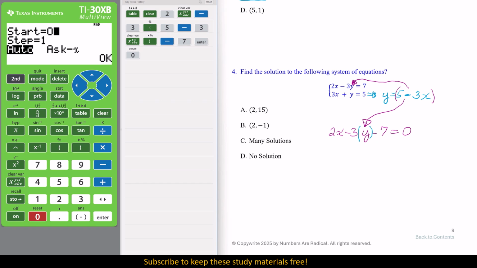Now, we also need to be aware of our options. We have whole numbers, or rather integers, and then we have many solutions and no solutions. Now, how do we know if it's many solutions or no solutions? Well, before we go any further, we probably ought to talk about that. For many solutions,